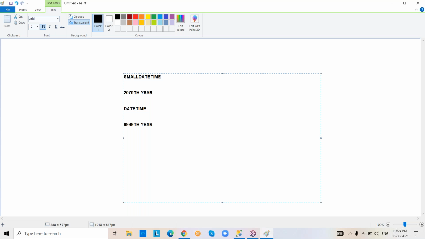Actually, in most scenarios we are going to work with date time only, because date time goes up to 9,999, but small date time is only up to 2079, right? Clear?